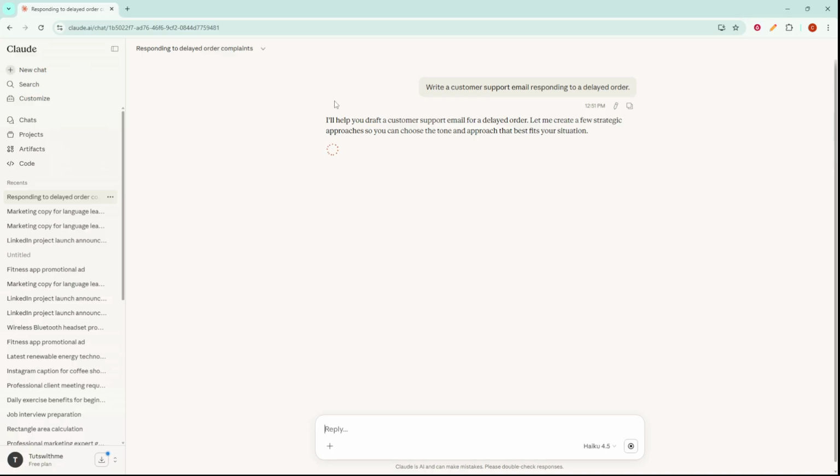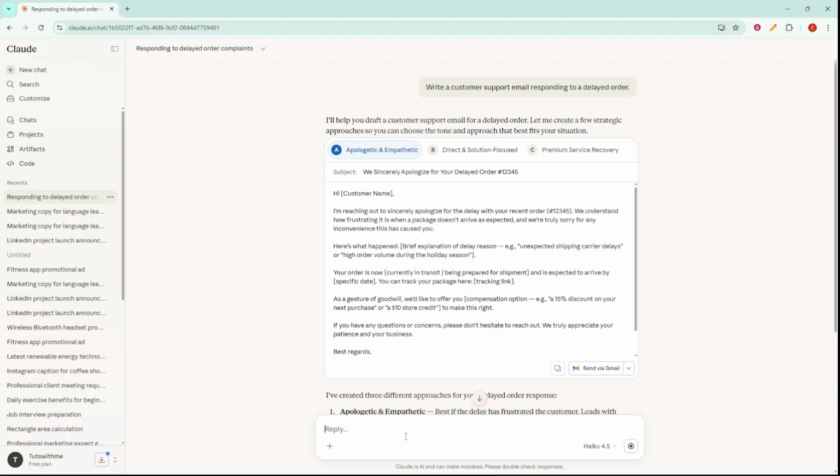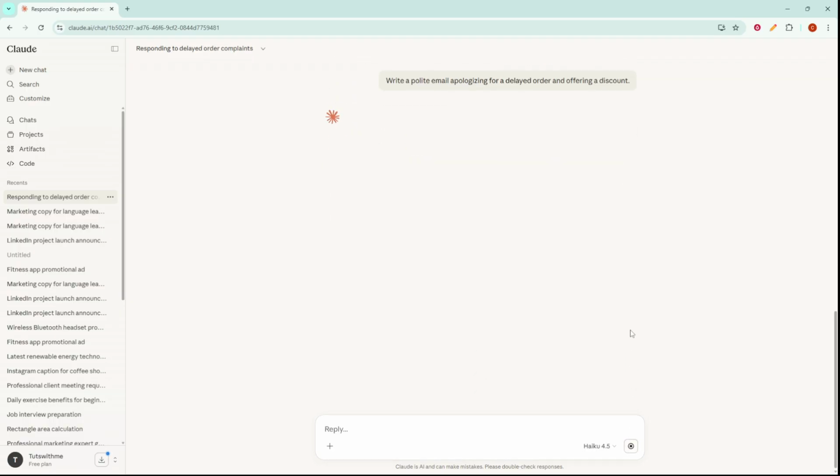If I want to customize the email, I can include more details in my prompt, such as the situation, tone, or company policy. For example, I might type, "Write a polite email apologizing for a delayed order and offering a discount." Claude can also help adjust the tone of the message, making it more friendly, formal, or concise depending on